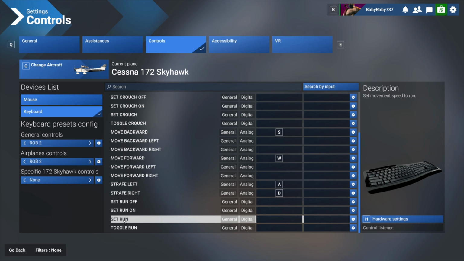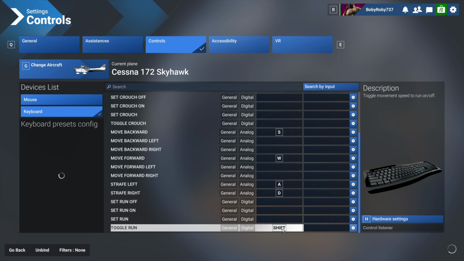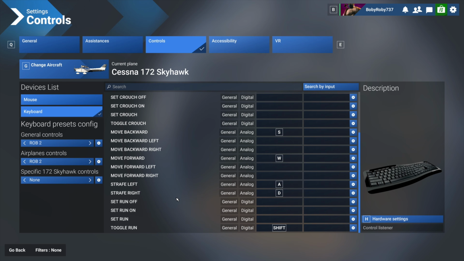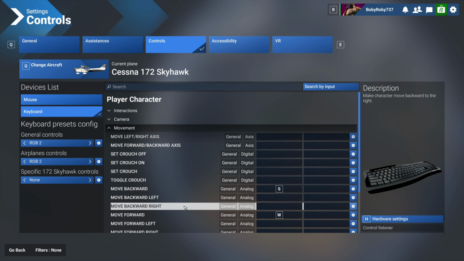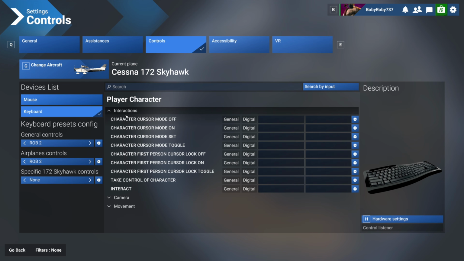Now you can toggle run, which we can assign to shift, for example. Okay, but that's optional, guys. You don't have to do it. I don't think I'll be using run anyways. So here we have everything as we need to, and then we also need to go to interactions, and under